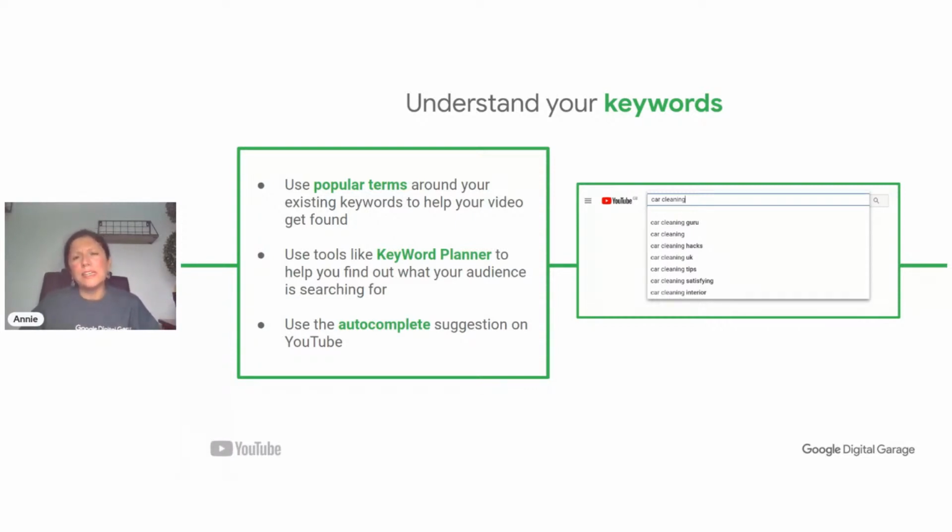And also we want to think about how we can optimize our search for our videos, what we call search engine optimization. So we can do that with video in the same way we can with the search engines in general. Through using our existing keywords and finding how we can develop on those is how we get found initially. So how do we develop on those?